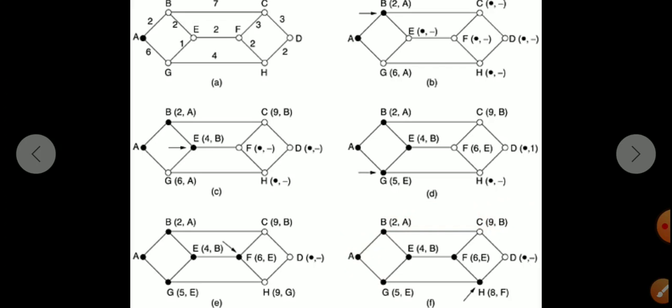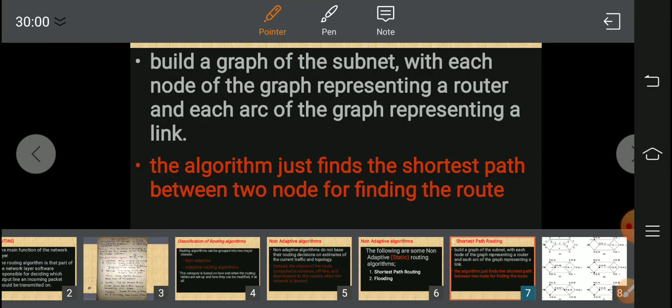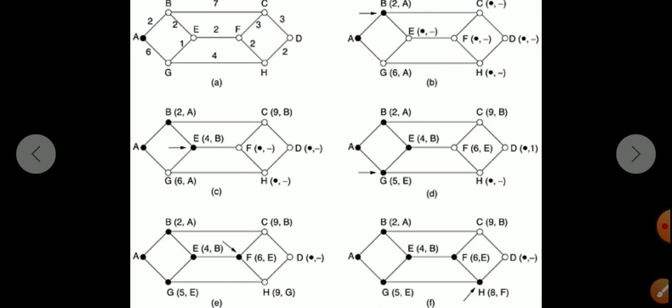So now we'll go for the H. H is a router, and we're going to find out the path for the H. For H's forward path, F was already completed, only D was there. So for D, compare A to H to D: A to B 2, B to E 2, E to F 2, F to H will be 2. So 8, and to D it is 10.